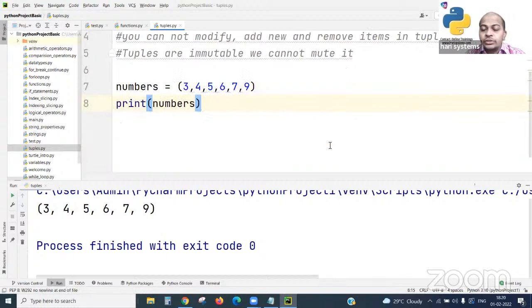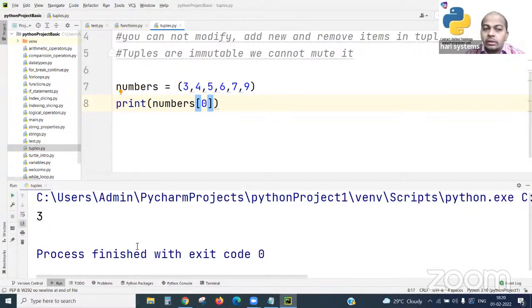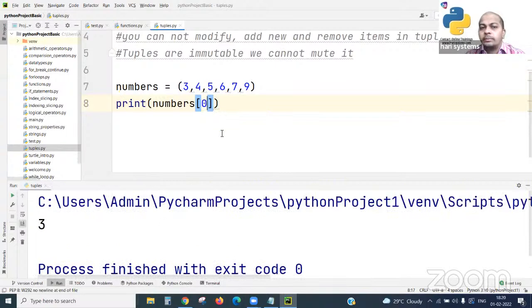For the index position, if we observe, we can read it. If I put an index position here, I'll get 3. To access an item in a tuple based on its index position, we have positive index from 0 to the end, going left to right.